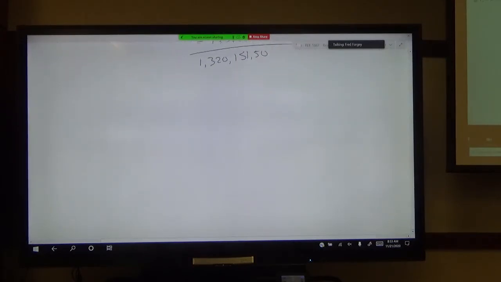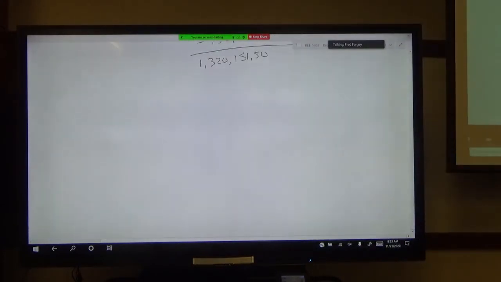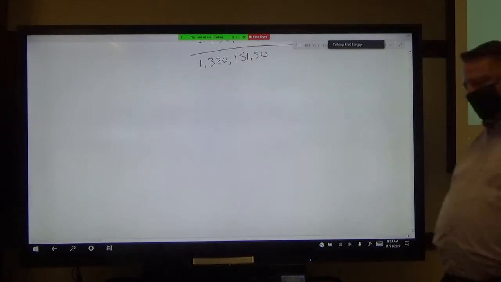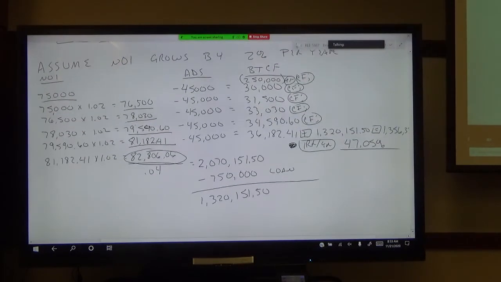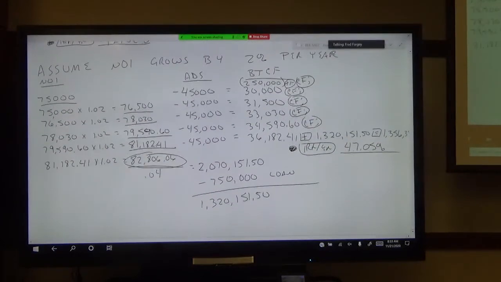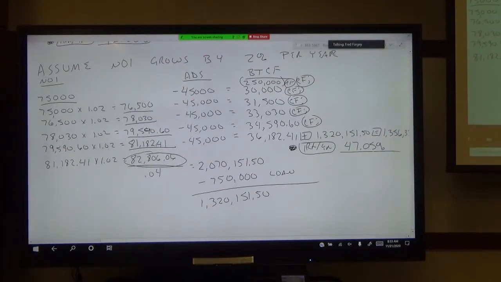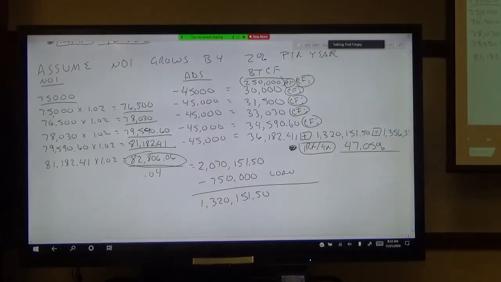Okay, thank you. So for question 3, we're going to get back to something we talked about last week about the promote. This example that we just gave and the one right before it, this is in essence, you're the investor. You bought the property, here's what you paid for it, here are the returns you got, and so on. Now let's flip the script a little bit,